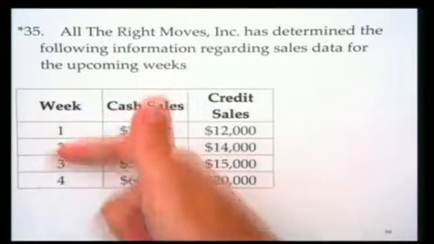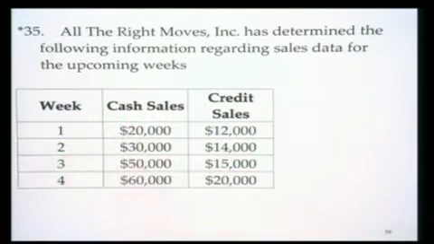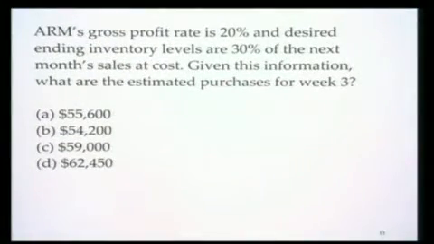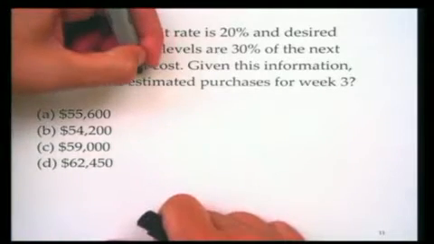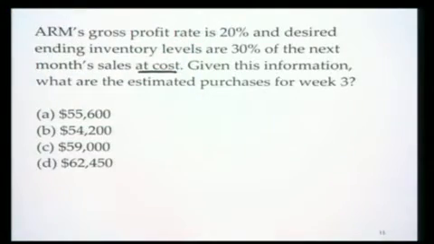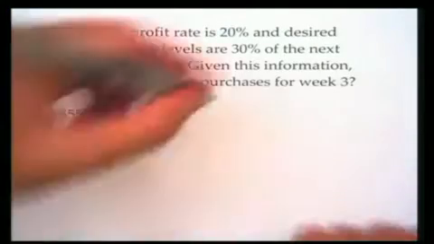So apparently in weeks 1, 2, 3, 4, we have certain cash and credit sales. Okay, it says their gross profit rate is 20% and desired ending inventory levels, there's that word again, ending inventory. If I see inventory, I probably think something about the cost of goods sold plus ending minus beginning. Either way, ending inventory levels are 30% of the next month's sales at cost. And that's always the way it's done. I mean, it makes no sense to not do it at cost. So, given this information, what are the estimated